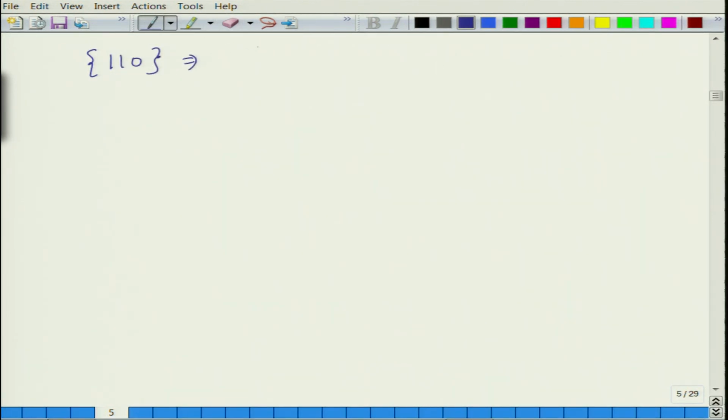So, you can have 1 1 0, you can have bar 1 1 0, you can have 1 0 bar 1, you can have 0 bar 1 1. So, some of these direction planes are 1 1 0, bar 1 1 0, and then we can also have 0 1 1, 1 0 1. So, these 6 planes will have